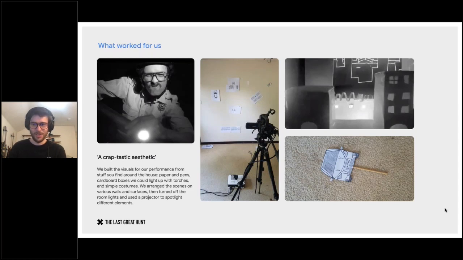And despite the technical simplicity of what they did, I personally felt like it was a really compelling effect. So you can see here on the screen, they were just papers taped to walls, and occasionally they were using camera tricks, and often they were using just toothpicks or sticks attached to these papers to make the car appear like it's driving or things like that. So something doesn't have to be high budget to be good.